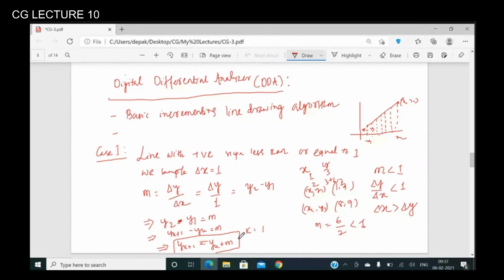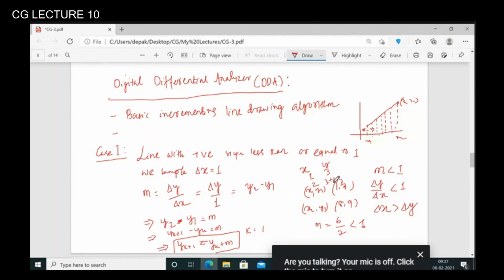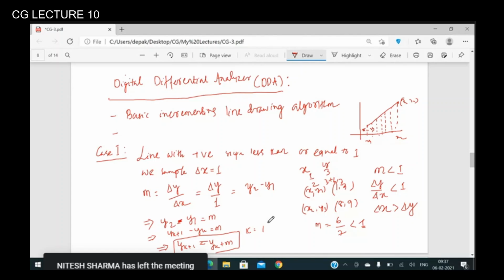So how will you change the y value given the x value here, right? The x value can be incremented by 1 in all the iterations. Let's say k is the current iteration and k plus 1 is the next iteration. If you know the value in the current iteration, how will you calculate it for the next iteration? The value for the next iteration, y of k plus 1, is nothing but yk, the old value, plus m, which is the slope, right? The k value starts with 1 and you increase it by 1 until you reach the endpoint.